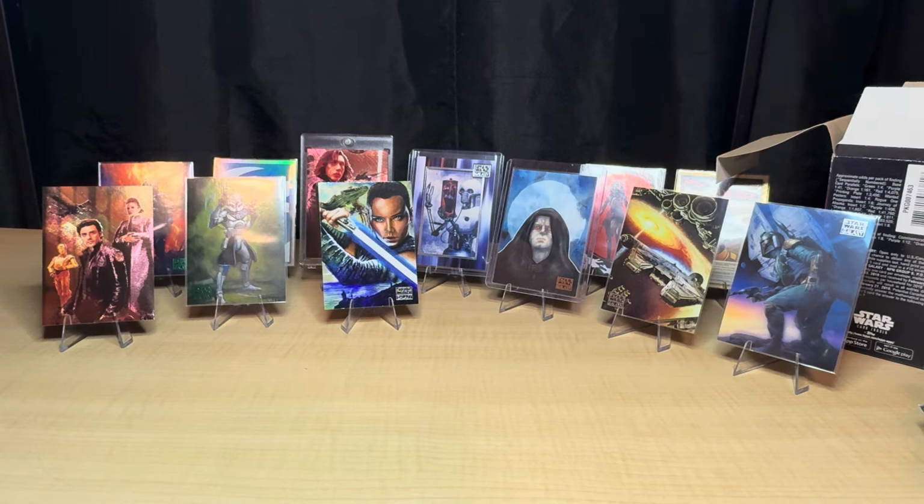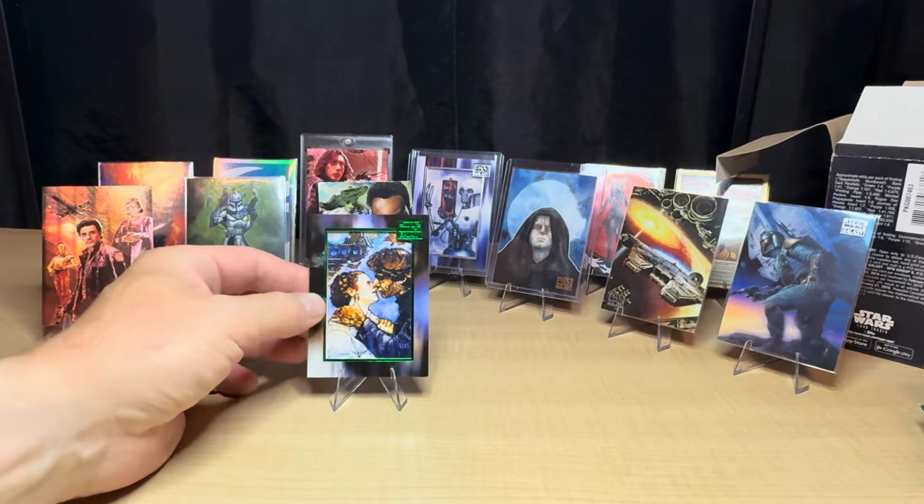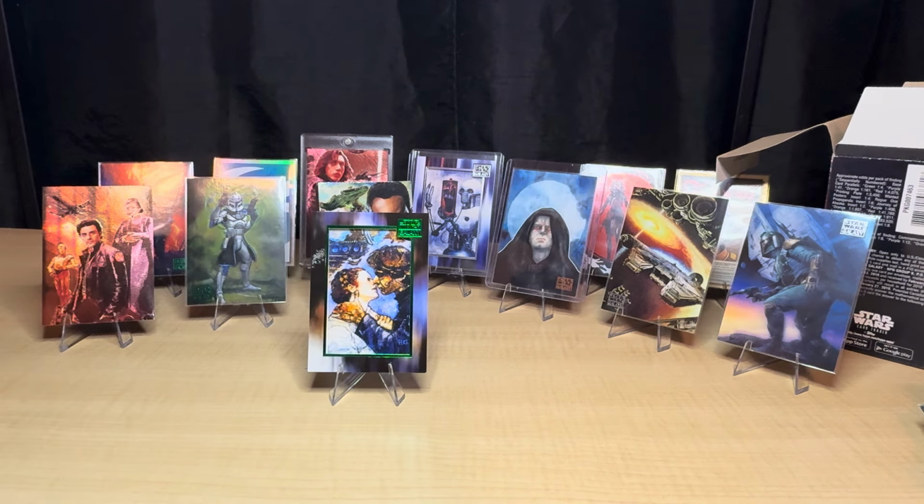But yeah, this is a pretty cool set. Like it. Hopefully I got the cards I needed out of that box. This is pretty cool. But yeah, if you guys like this